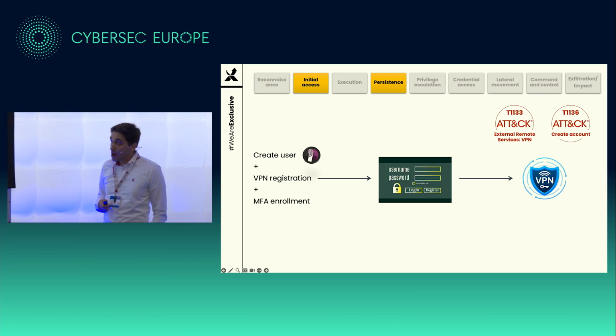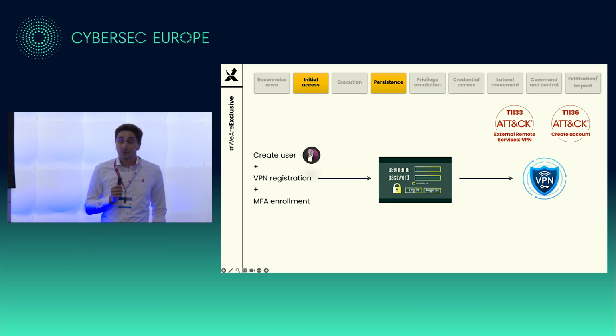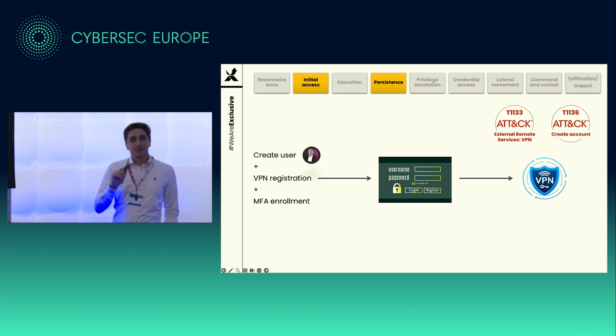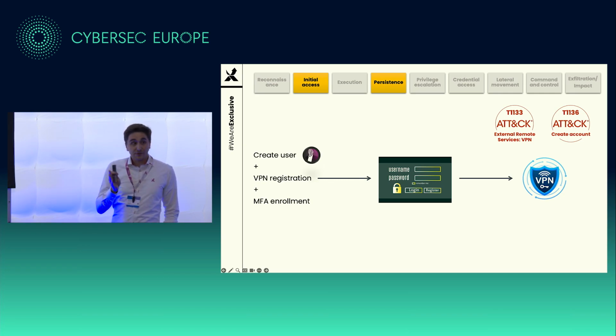by the SOC team, or what they did in this case is they created a new user that looks a bit like other users in the environment. This is our marketing guy, by the way. So we created a user that looks a bit like him. Same name, maybe a little character difference, or even using a different character set. We also registered that user on the VPN and added MFA to it. So it blends in with everybody else. A normal user can do VPN access, does MFA approval, all looks fine.